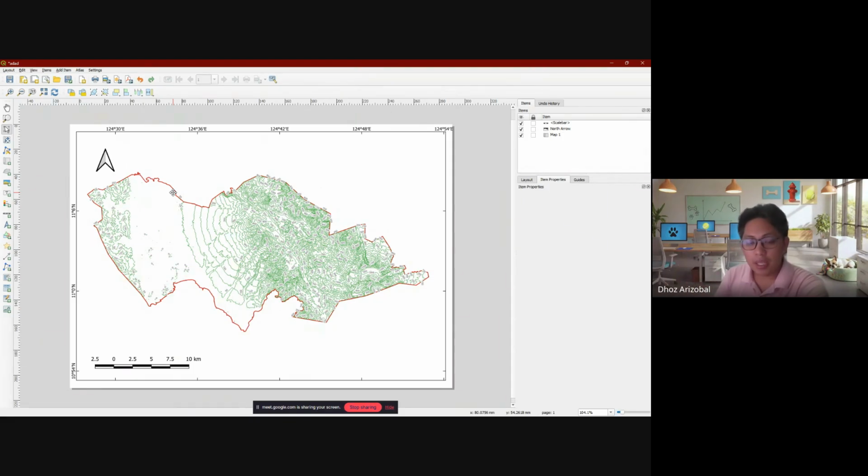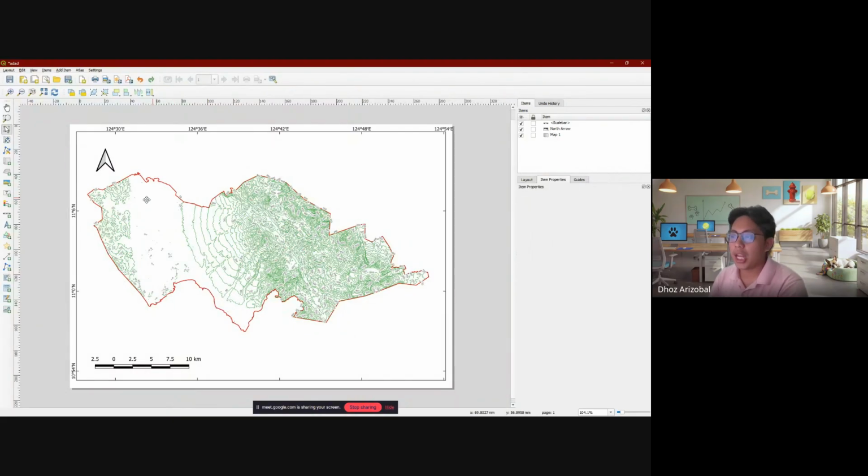The purpose of the map is we want to display, convey information to people with as much information that they can gather regardless of nakatapos ba sila ng college or ng high school. We want the maps to be readable, not just for us, but for everyone. So that's why color selection is good.